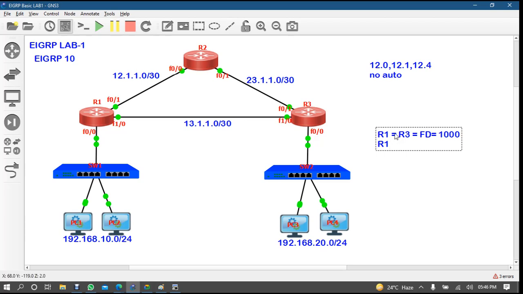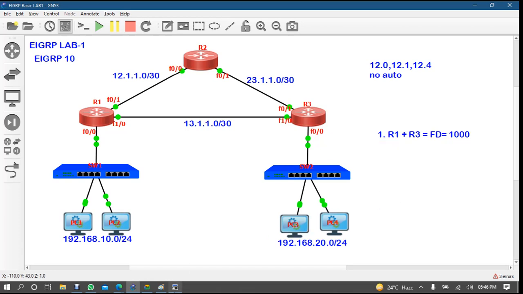The second path can be R1 plus R2. But to make R1 plus R2 a second path, the feasible distance is 1000, so R2's reported distance must be lower than this one, but R2 is reporting maybe 2000. That's why it is not in the topology table.